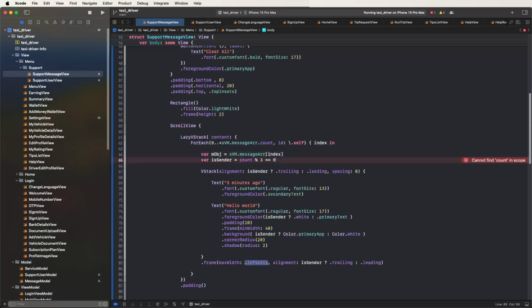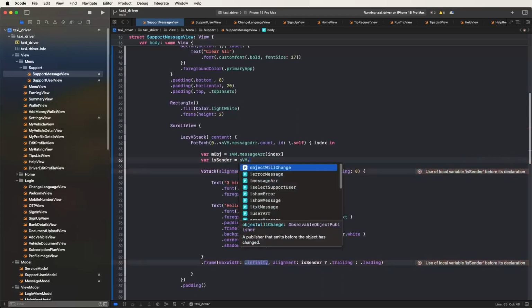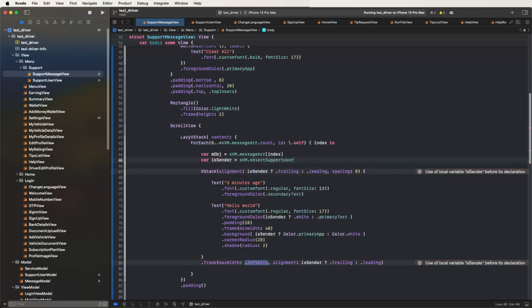Now need to check this here the is senders, svm dot selected users dot id equal to m object dot